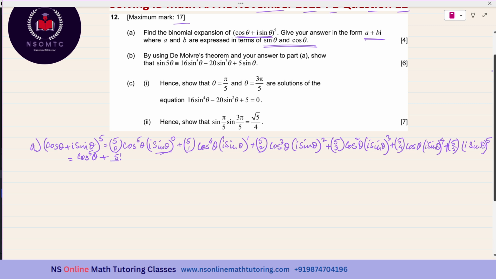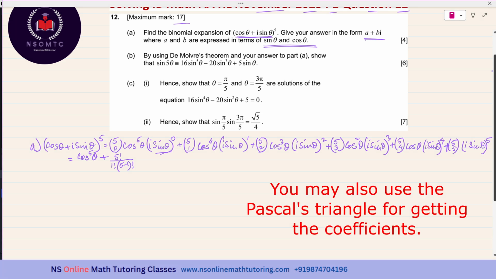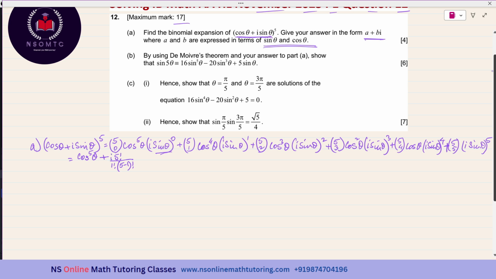It is 5 factorial over 1 factorial times 5 minus 1 factorial, and i sin theta to the power of 1. So there will be the i part. I am writing the i over here. And cos to the power of 4 theta sin theta, plus